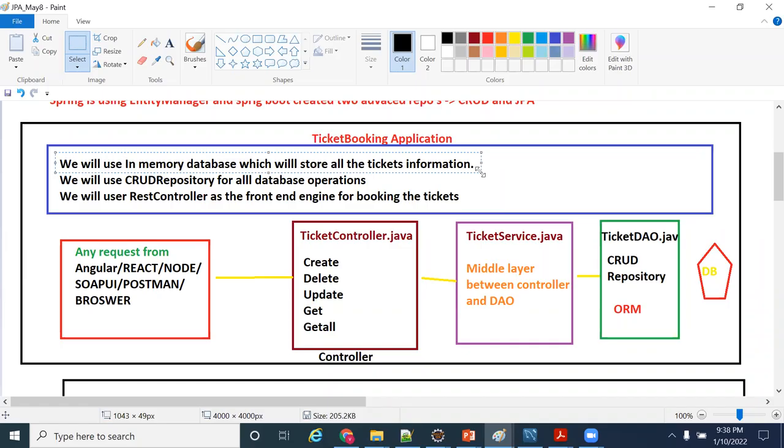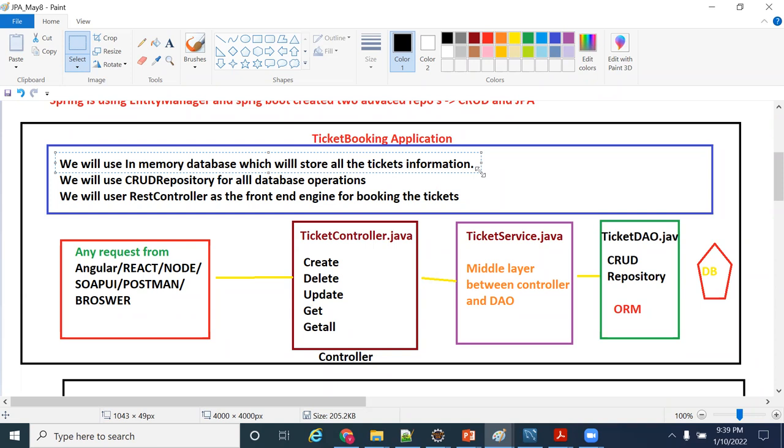Why? In normal traditional applications, we use HTTP session. For example, I have 10 pages. From the first page I go to the second page, from the second page to the third page, like the 10 pages. We use session-level memory, right? We keep the data and get the data from the session-level variable. Am I right? Instead of that, we are going to use an in-memory database. There is an important interview question on in-memory database.